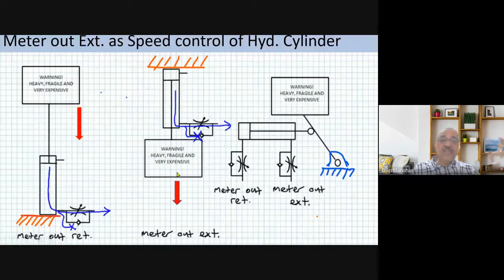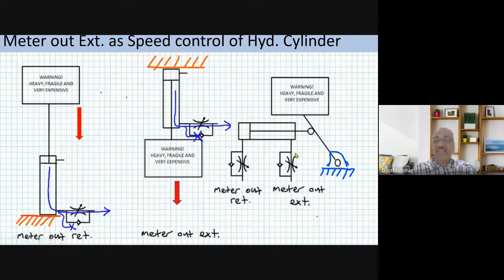Similarly, if the load is hanging on the rod end of the cylinder, never use a meter in extension but use a meter out extension. Here also the extension is controlled by connecting the rod end flow through a flow control valve. So the motion of the cylinder is controlled by the flow control valve rather than a free fall. If it had been otherwise, what would happen? If there is a free fall, it will impact directly because of gravity. It will have an uncontrolled motion here.